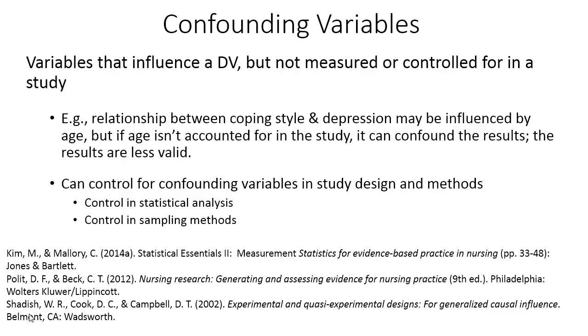So, for example, let's say you're looking at this relationship between coping style and depression, but evidence suggests that this relationship could be influenced by age. And if you aren't accounting for age in your study, then you're not sure the degree to which age might be influencing your measures. So this is important to think about as a DMP student at this point in time,